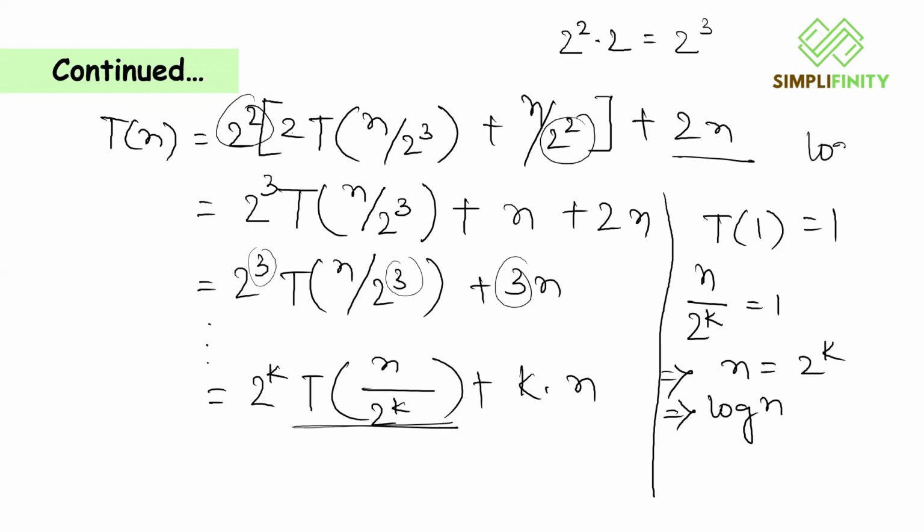Remember, it is log base 2. I'm not writing it because I've already told you in the previous video. Now, even if you want, I'll do it: log base 2 n equals log base 2 to the power k. Now, we have log base 2 n equals,